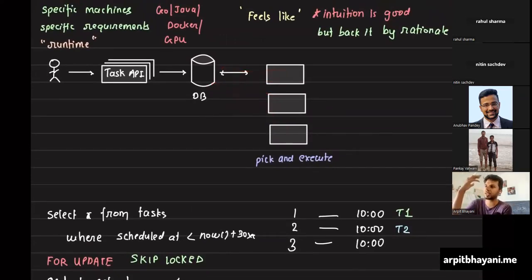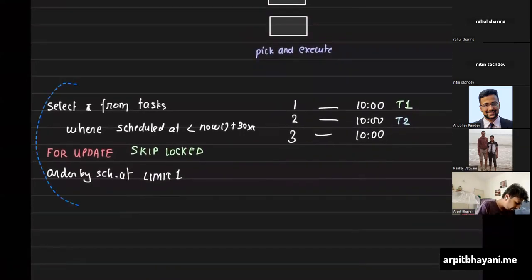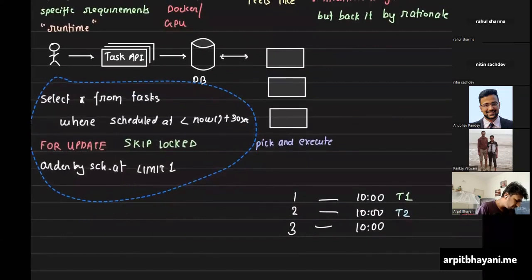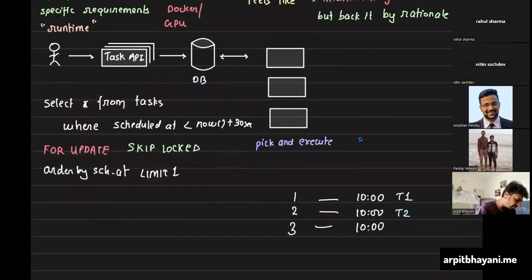If one transaction has locked a row exclusively, your other transactions can move forward. So long as it matches the query, they can just move forward and start reading and executing the task, right? So this becomes a complete query that we would need to run when we fire from these machines. Rather, these machines would be firing this query.